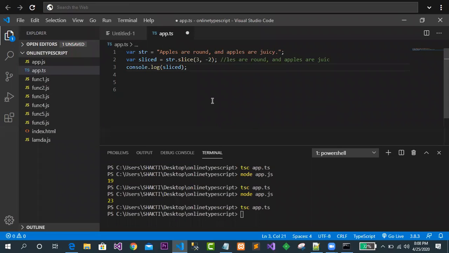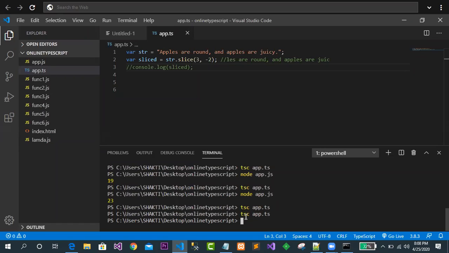Okay, let me comment this one and try to compile this one. This is tsc app.ts. Now it is looking great. Now let me run it.